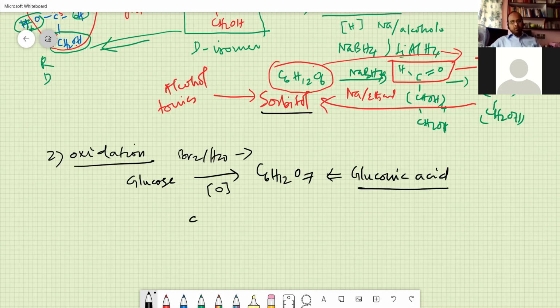So only one oxygen has been added, and you know where this oxygen is added. It's simple. We have got CHO here. This is the lateral part. Here we are adding oxygen. So you get COOH. So this is in fact a kind of carboxylic acid.